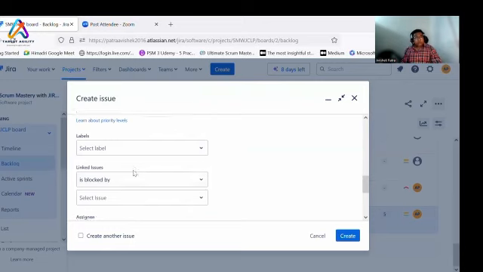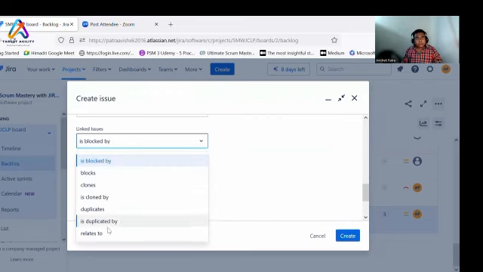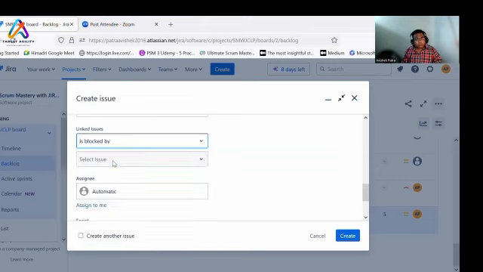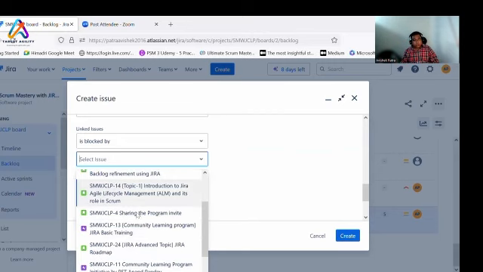And then if there is any link, for example, it is blocked by, you cannot start this one till you complete the Jira basic training session. So you can say that you can only start when you do this one.